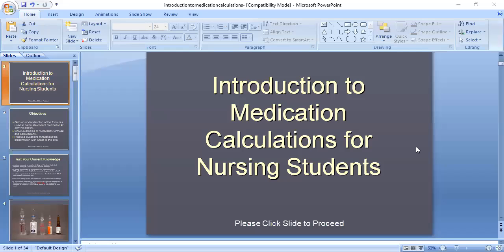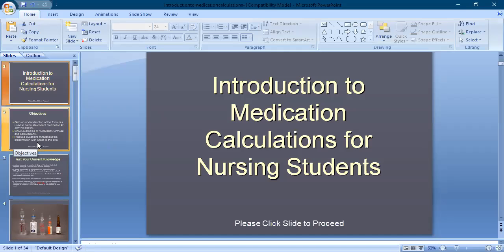Okay, so this PowerPoint, we are going to talk about the introduction of medication calculation for our NCLEX students. This PowerPoint basically contains some formulas. In the first PowerPoint, we discussed basic information, what we need to know before calculation. But this PowerPoint helps us to calculate some mathematical problems. I'll show you some